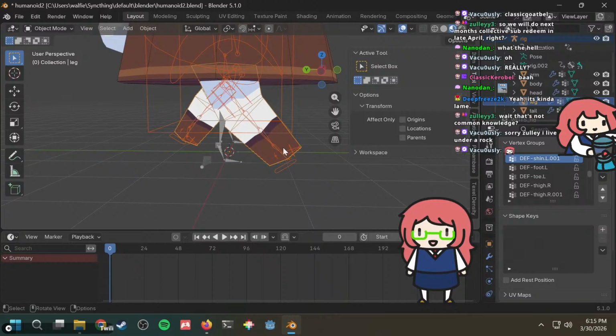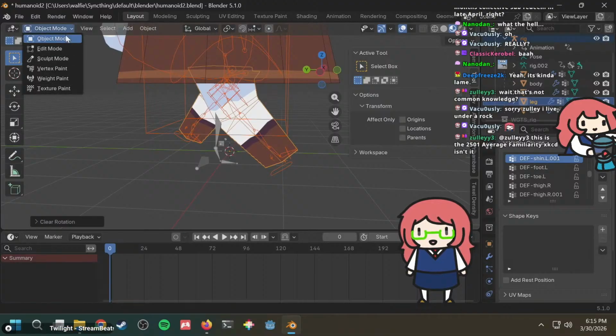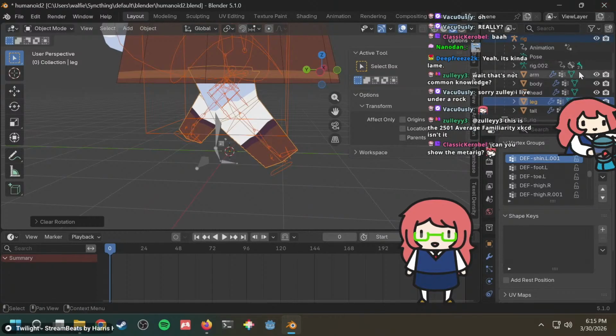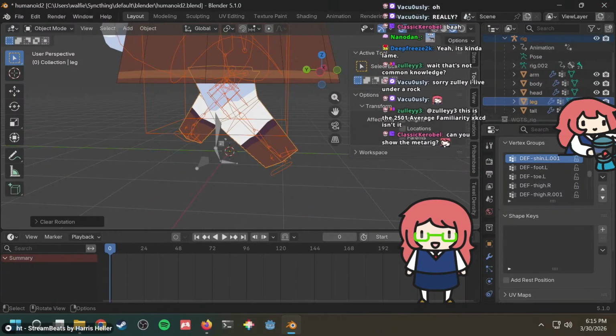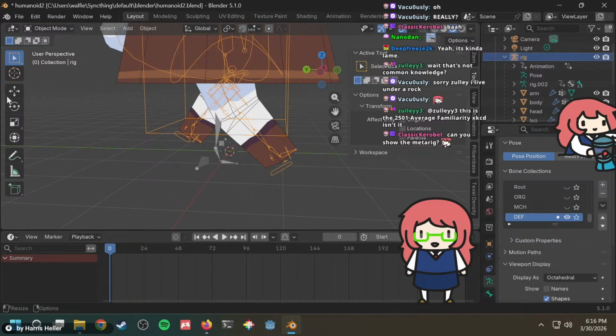Maybe the bend that I had was too much. Have you considered this? That it has been bent too much. Can you show the meta rig? Yeah, I think I need to fix the meta rig. Hold on. Let me reset this.